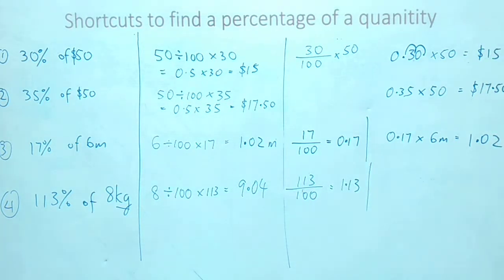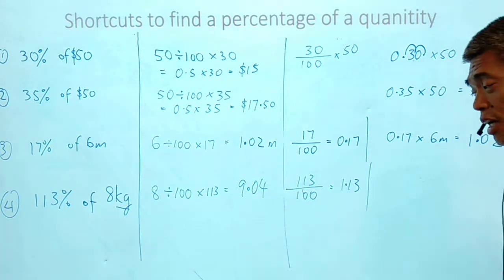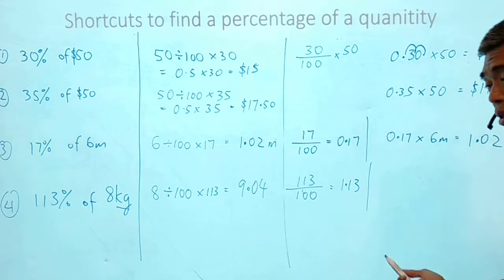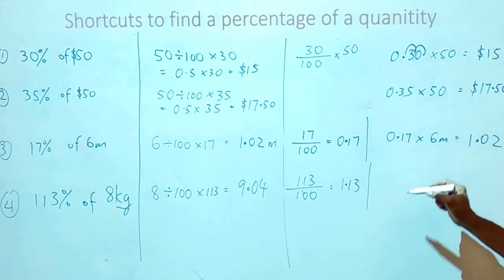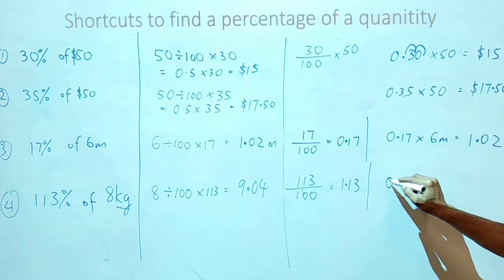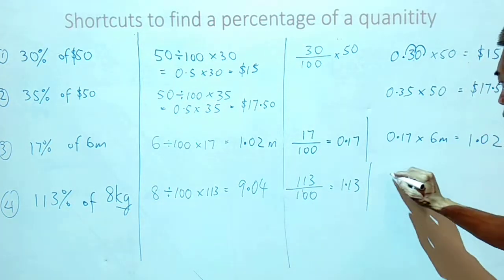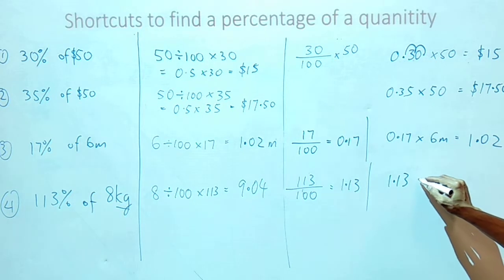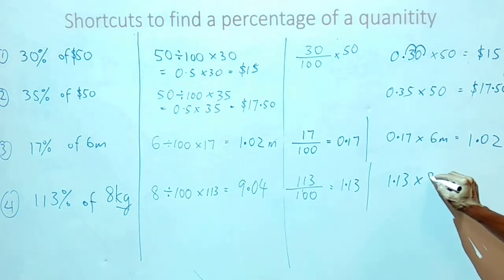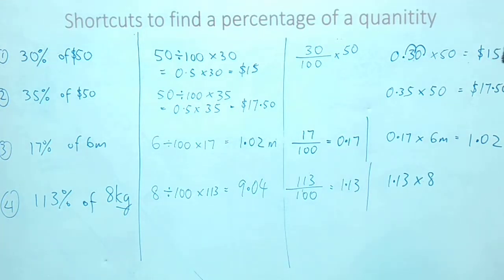So we know that 113% is actually 1.13. If you know that straight away, you can then key in 1.13 times 8. So 1.13 times 8 gives me